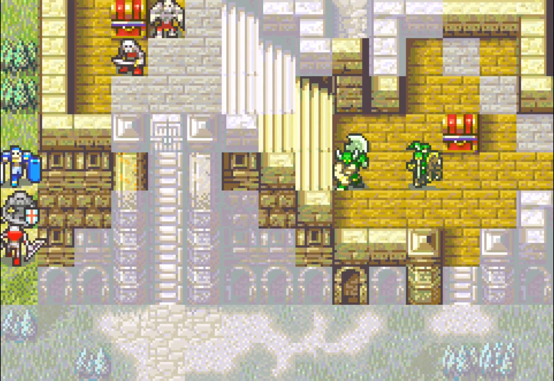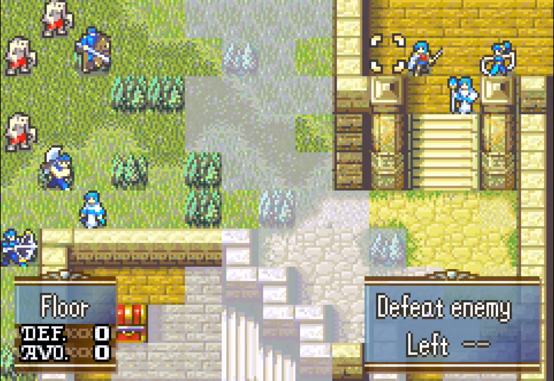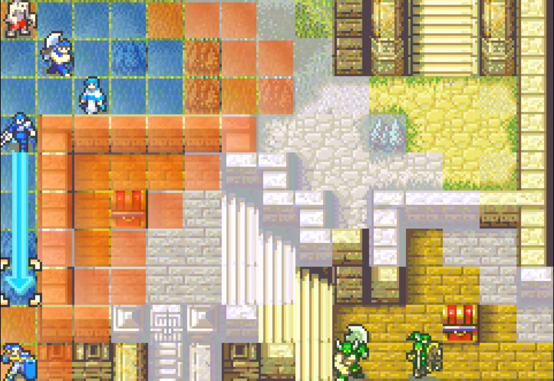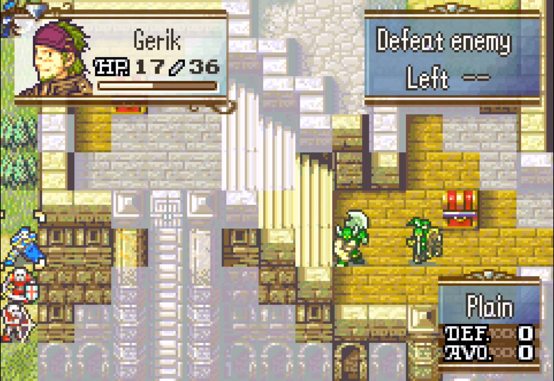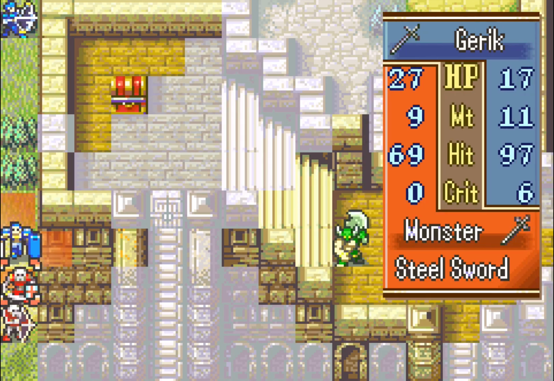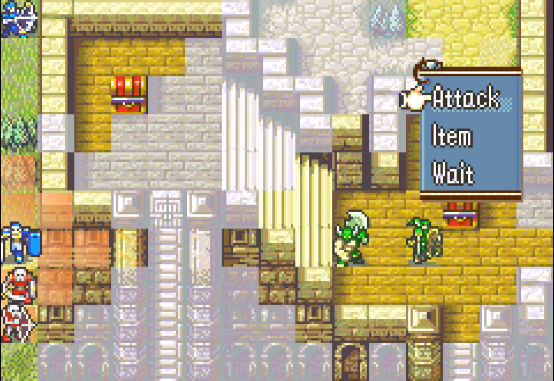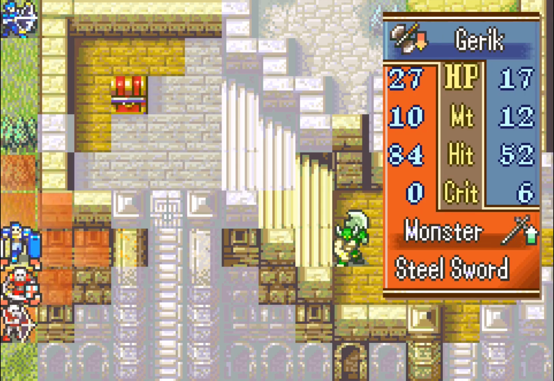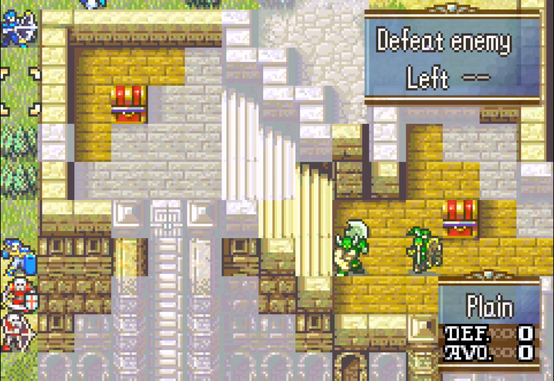Alright. There's the guy with the bow that I mentioned. So unfortunately, Innes can't actually help out with this turn. But basically, if we look at this guy here, if Garrick uses the Steel Blade, he's only got a 72% chance to hit, which is not amazing. And then, of course, if he has a hand axe, it's quite low. Now, it is enough for him to take out this guy, but